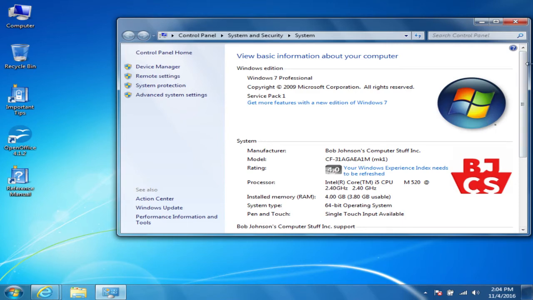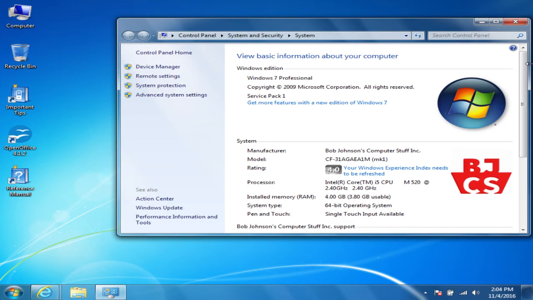Now, even if your specs do meet the minimum requirements, or even if they do meet the suggested requirements that I have suggested, that doesn't guarantee that Windows 10 will work on your machine. If you want to see if your machine will work with Windows 10, what I would recommend you do is check your manufacturer's website to see if they support drivers for Windows 10.